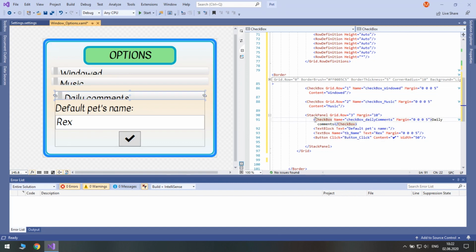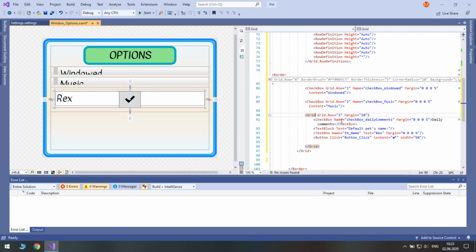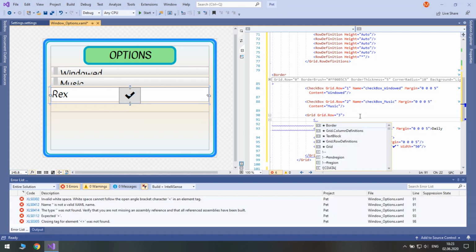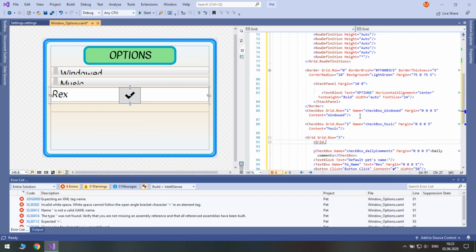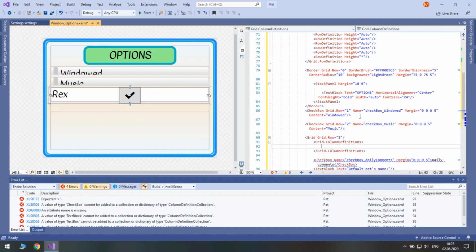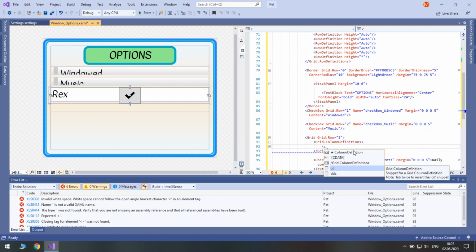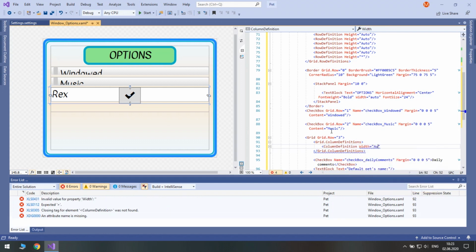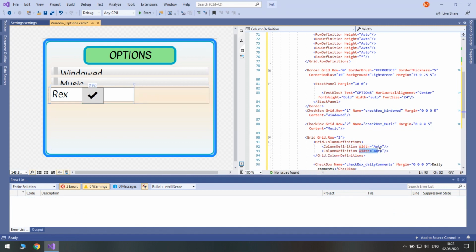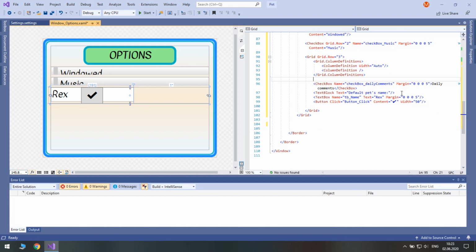Actually, we won't use a stack panel here. Let's make it a grid, and this grid will be in row 3. Let's remove the margin. This grid will have 2 columns. The first one will be auto, and the second will occupy the rest of the space. Let's move it up.